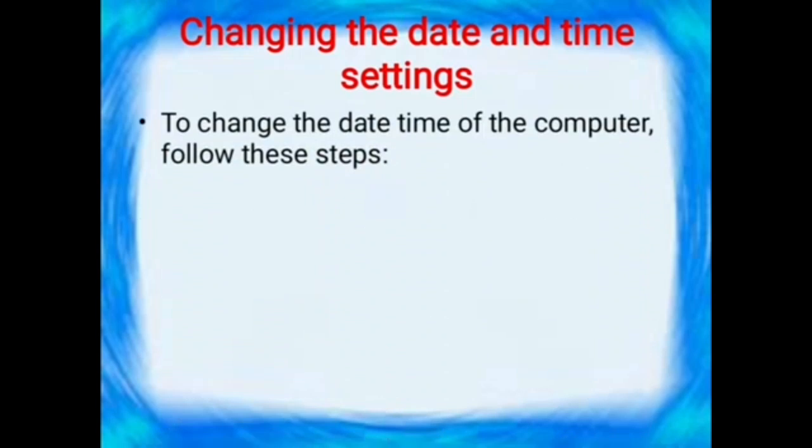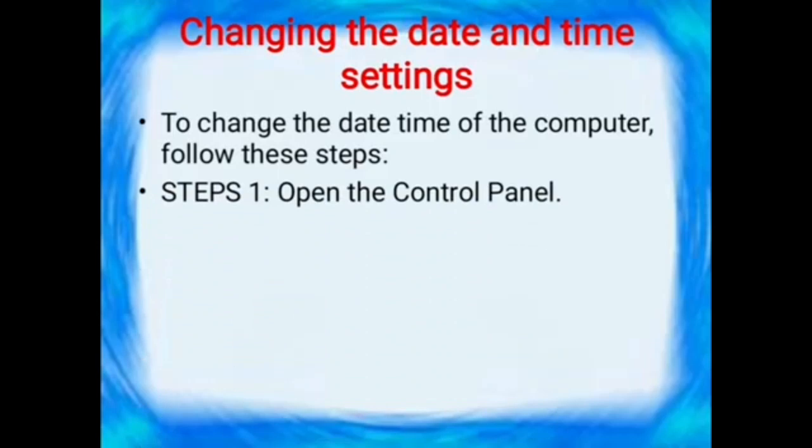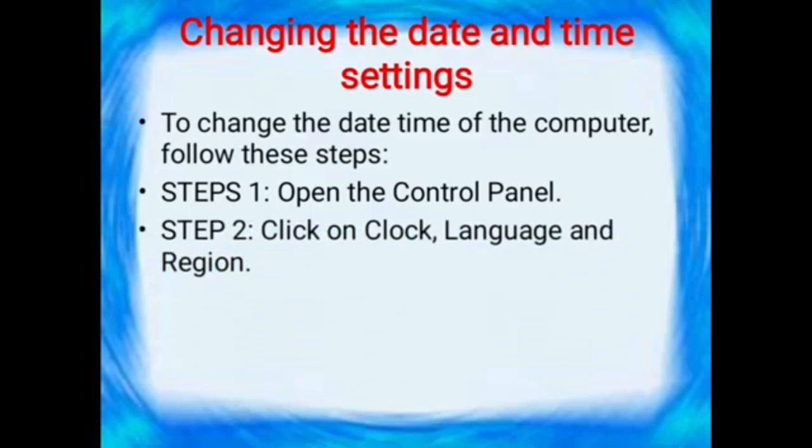To change the date and time of the computer, you must follow the steps. Step 1, open the control panel. You know how to open the control panel. The next one, click on Clock, Language and Region.